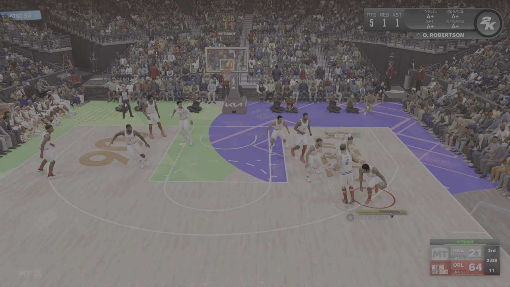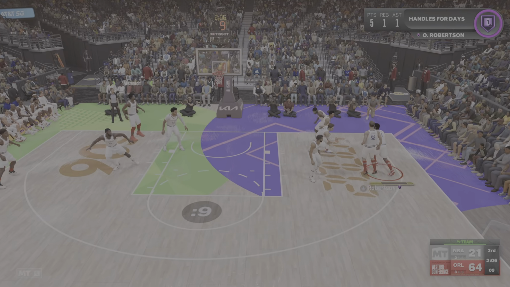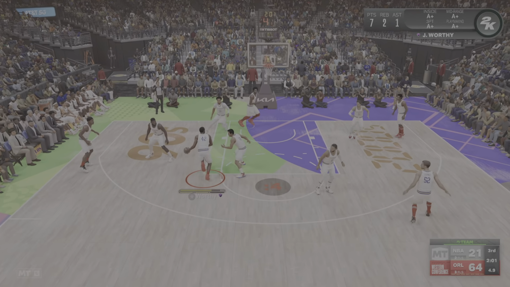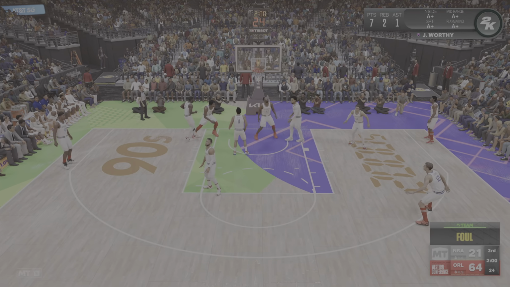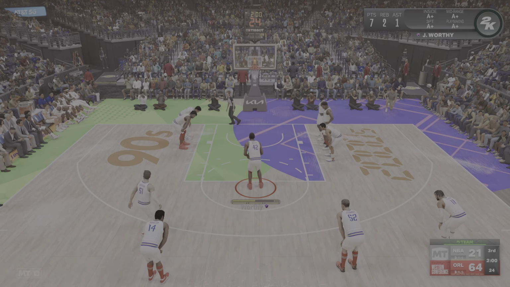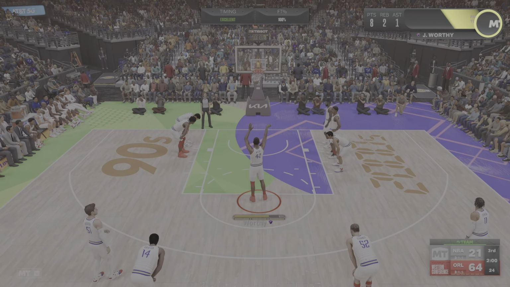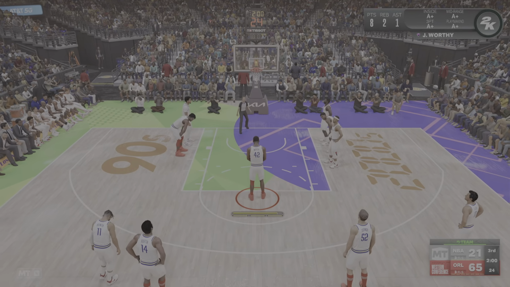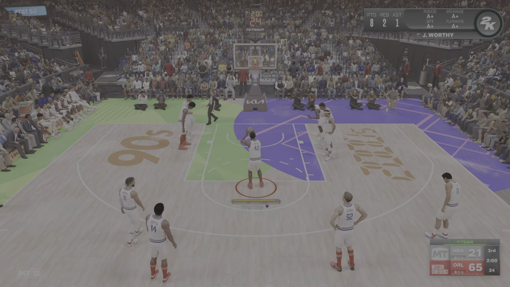Kicks it to Robertson. Outside Worthy, just 5 to shoot. 2 minutes remaining in the third. And contact on the shot, so he'll be shooting free throws here. Robinson early. One of the most feared, versatile scorers at that forward position. Big game James always seems to make the most out of any situation.